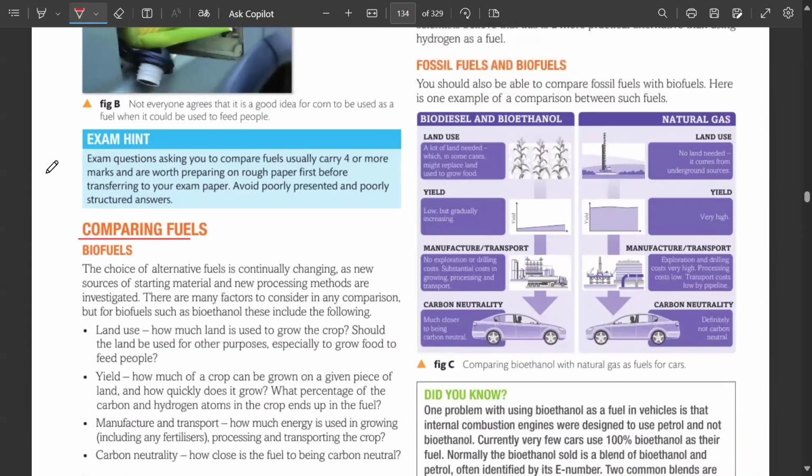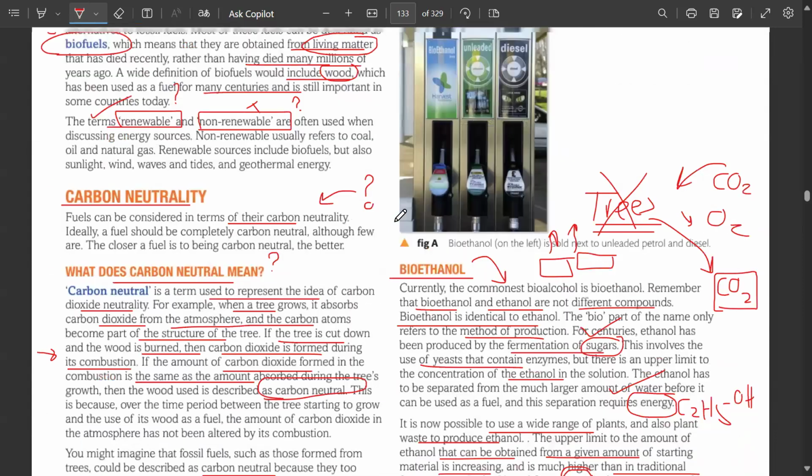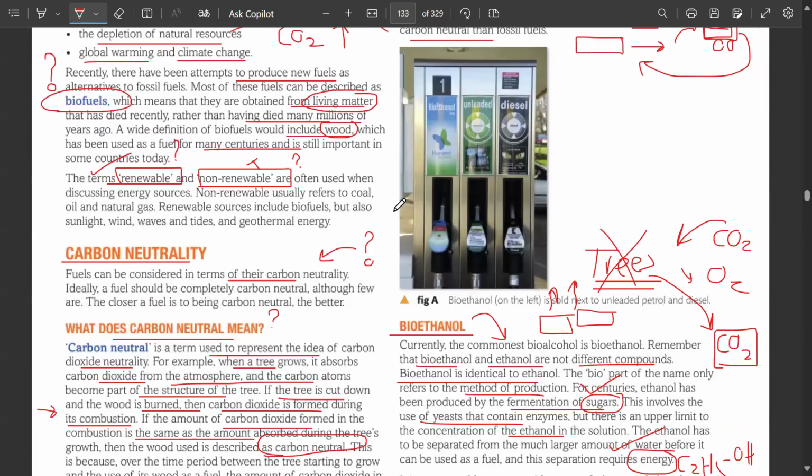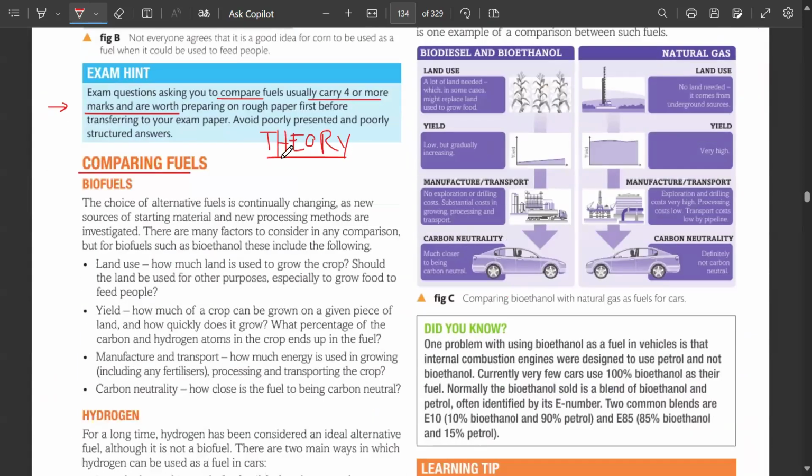So if we now compare these fuels, the choice of alternative, वैसे ये क्या लिखा हुआ है? Exam questions asking you to compare fossil fuel usually carry 4 or more marks, a very important theory question. Now this one doesn't involve any calculations, कुछ भी, ये तो सिर्फ written वाला है। There are no structures, compounds, names, formulas, it's all written। तो remember इसका 4 mark तक का भी क्वेश्चन आ सकता है।